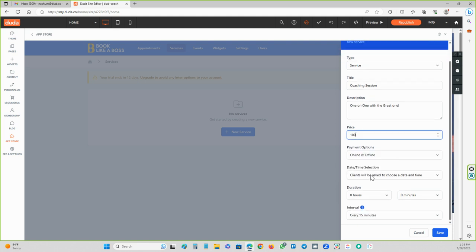Now, this is very important. We have date time selection. So in this particular situation, it is going to be calendar based because it's going to be a certain date and time they're going to need to choose. But if you're selling a service, like for example, you're a graphic designer and you're selling a logo, that's not going to be calendar based. It's project based, so you'll choose not to have a date and time, and that way you can still be booked for creating a legal document, for creating a logo, for anything that's not time based, but that's still a service. But for the purpose of this tutorial, we're going to do it date and time,